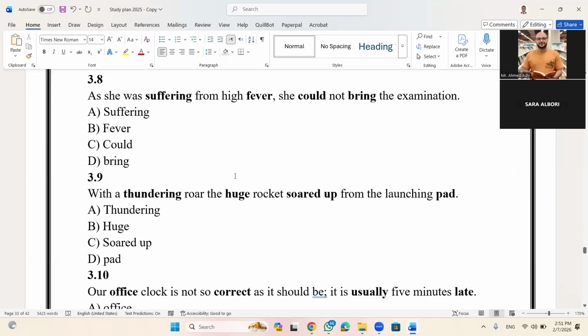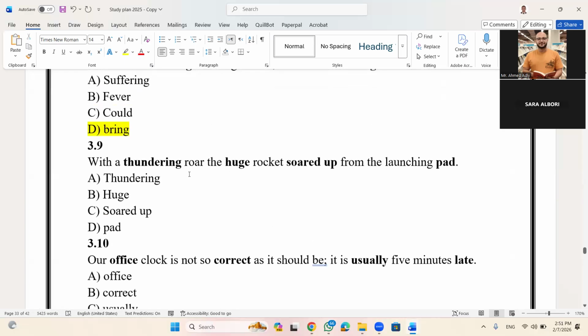I think it's bring, because we will replace it with take. You don't have to think. It is the answer. Bring can do the examination. Next,